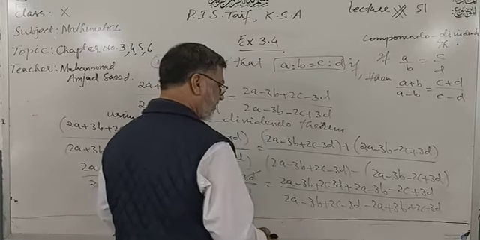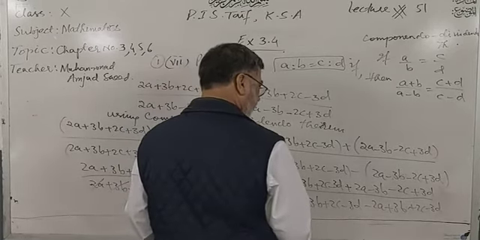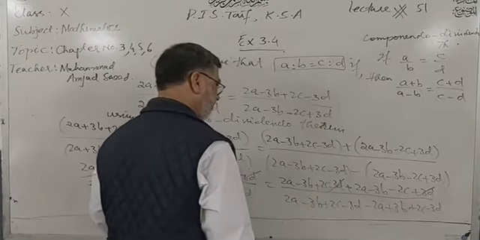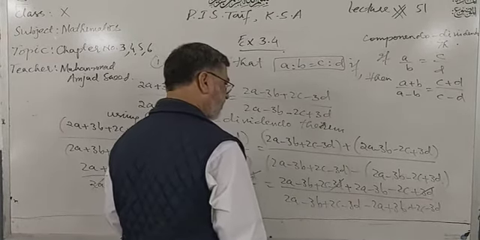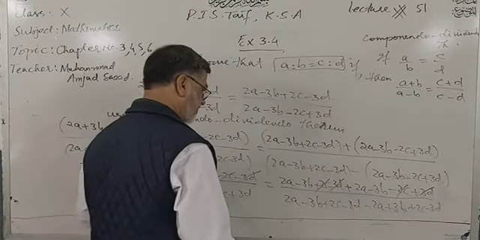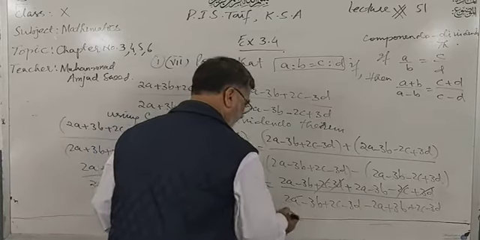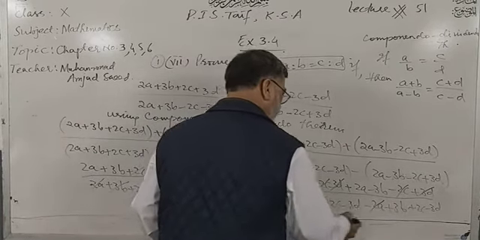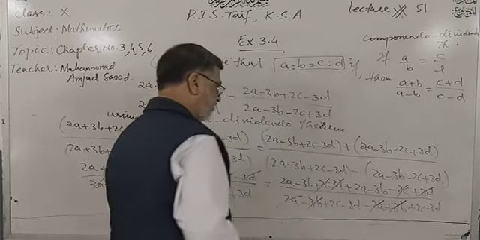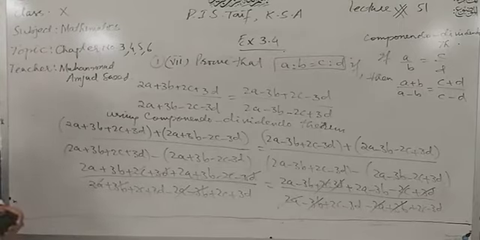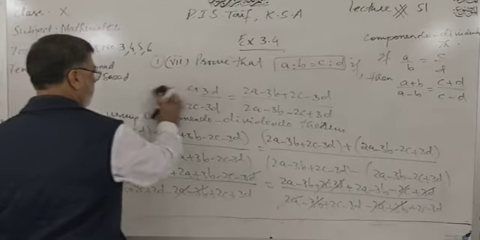Similarly, 3D and 3D cancel out, and plus 2C and minus 2C cancel out. Here 2A and 2A cancel out, and 3B and 3B cancel out. Dear students, we are left with